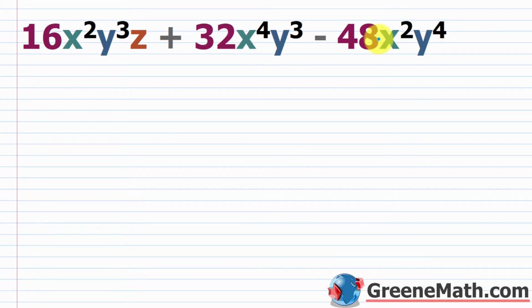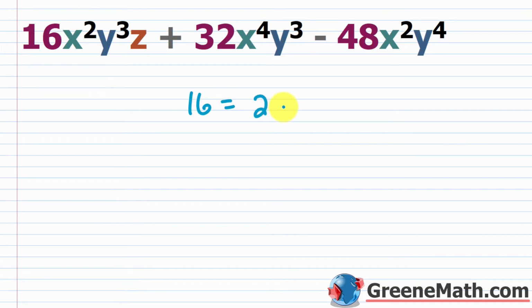So we're going to look at the coefficients here, or the number part. Some of you will immediately notice that the greatest common factor is 16 because you have 16 here, 32 is 16 times 2, and 48 is 16 times 3. So if you see that, you just do it right away. But again, if you want to do this the slower way,